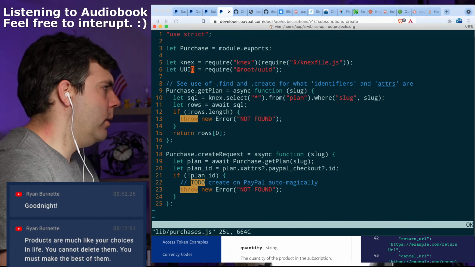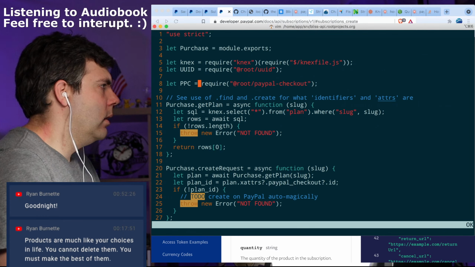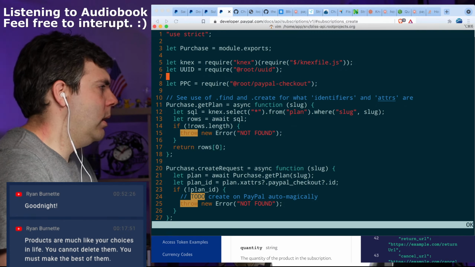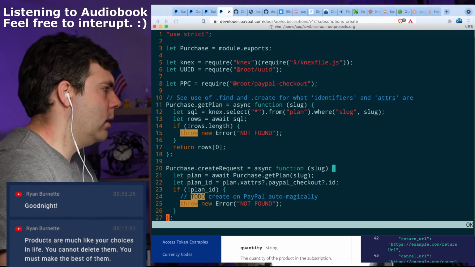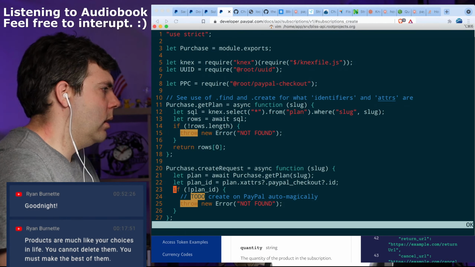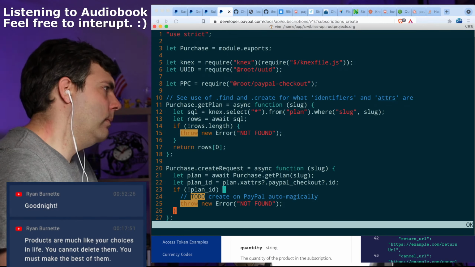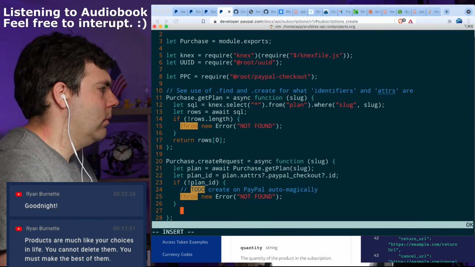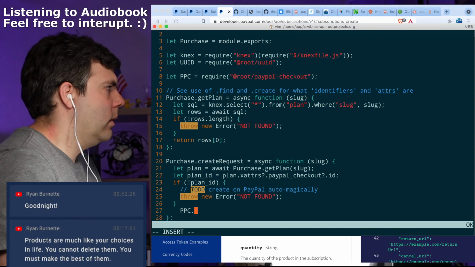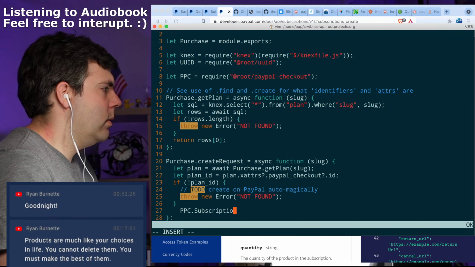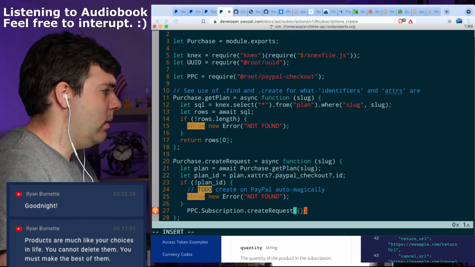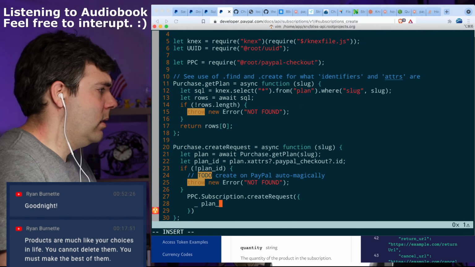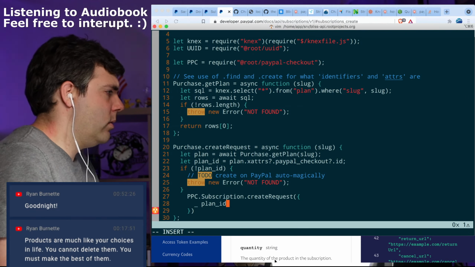All right, and then here in purchases, I just get this PayPal checkout again. And subscription.create request. And really the only thing that's needed is plan ID. Is that true?